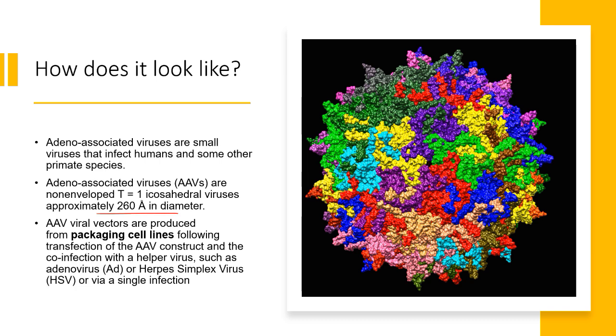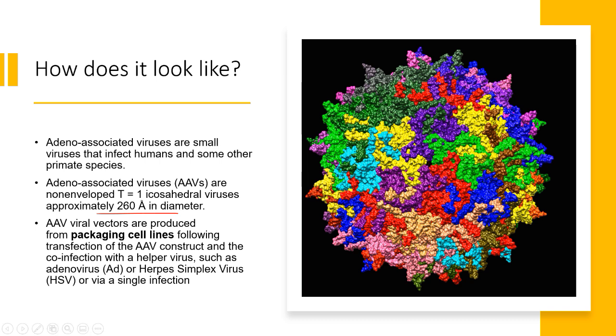Okay. And the adeno-associated viral vectors are produced inside packaging cell lines following the transfection of AAV and the co-infection with a helper virus such as adenovirus or herpes simplex virus. Then only this virus can replicate. That's why we call it an adeno-associated virus, because when we want to package this virus and use it as a vector, because we use adeno-associated virus as a vector for gene delivery, a gene delivery system for gene therapy,